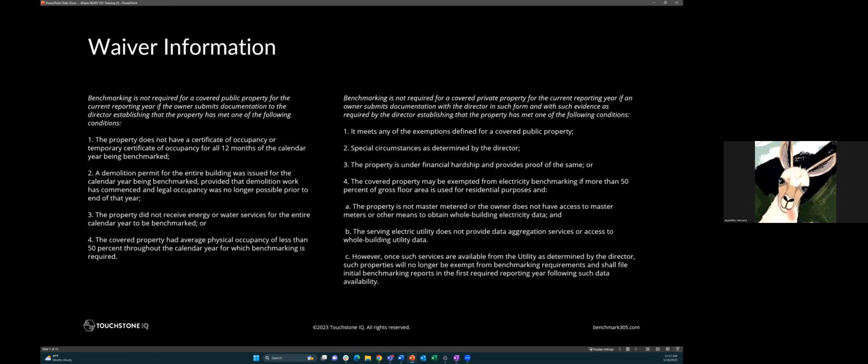For a covered private property for the current reporting year, benchmarking is not required if the owner submits documentation with evidence of the following conditions. So it meets any of the exemptions defined for covered public property, special circumstances as determined by the director, the property is under financial hardship and provides proof of the same, or the covered property may be exempted from electricity benchmarking